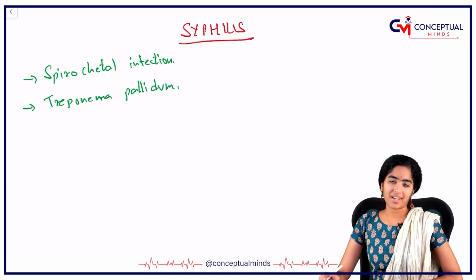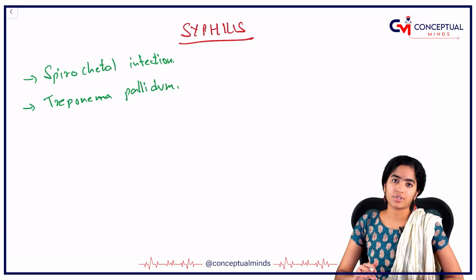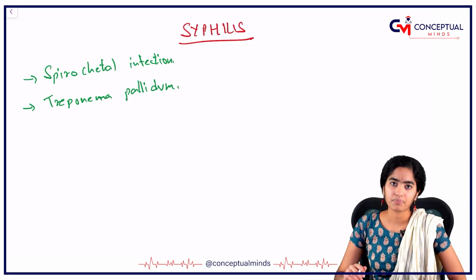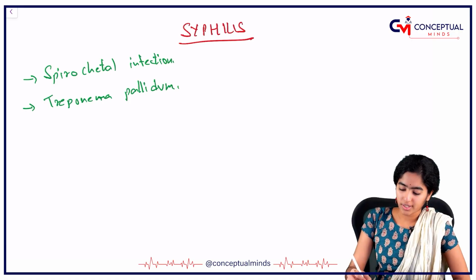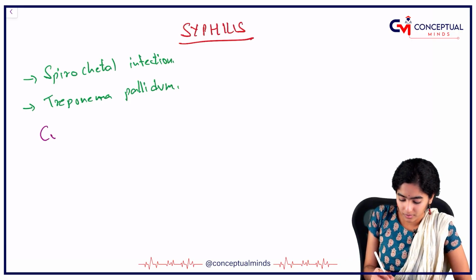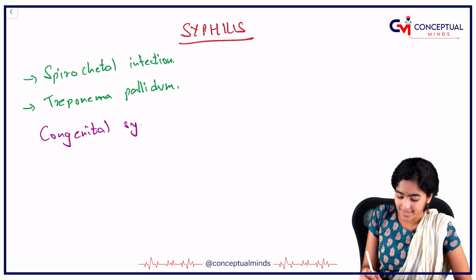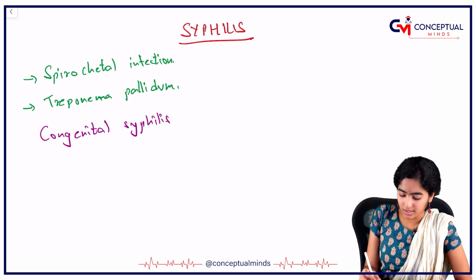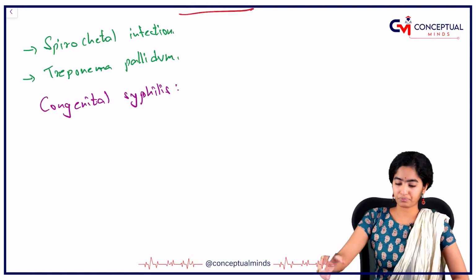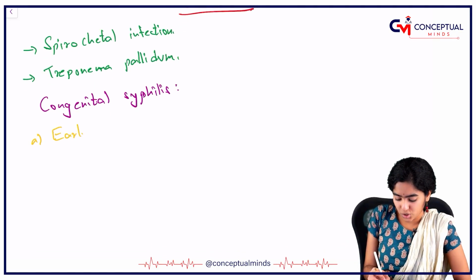Now, syphilis can manifest either as congenital syphilis or acquired syphilis. Let us first look at congenital syphilis. In congenital syphilis, we have two stages, the early stage and the late stage. In the early form, which is usually seen in the first 3 months of life,